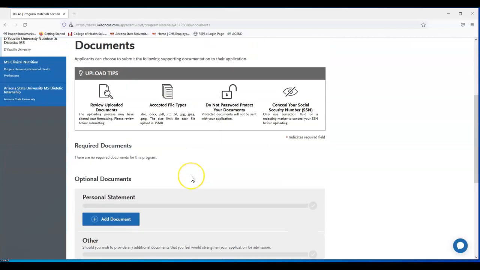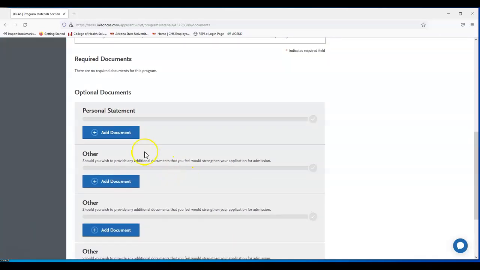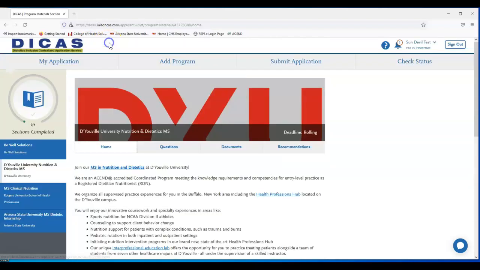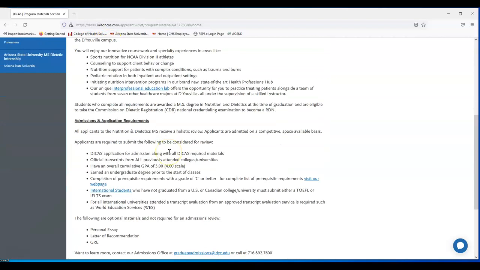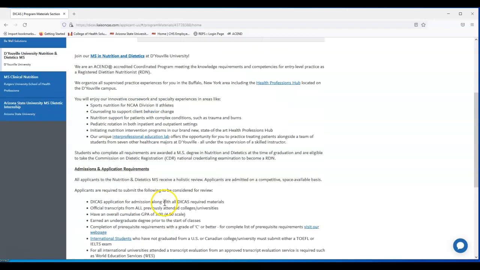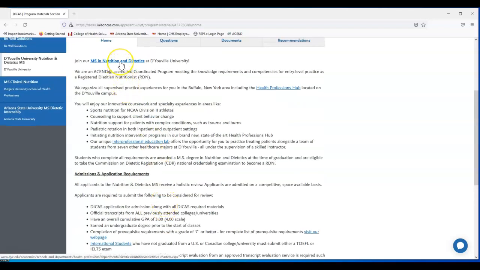They want you to provide their specific documents, personal statement. You'll notice there's nothing here as far as directive. So in this case, you'd want to go to the program application website to find out more about what they want in their personal statement. They may even include it in their homepage. They're just including here a personal essay, but I would say go back to their application or their specific website and find out more information about what they want.